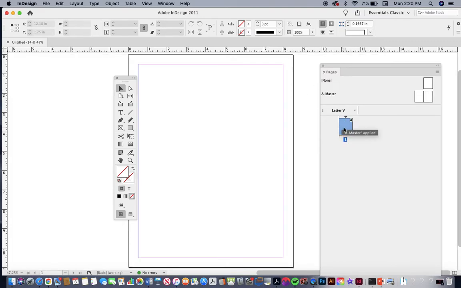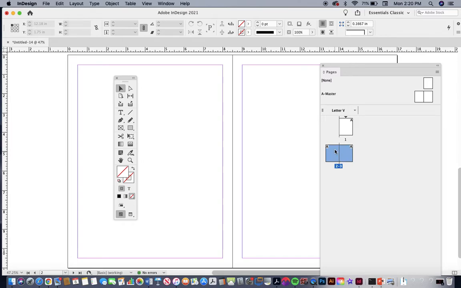Now, as I said, we want to make a magazine spread. So basically, I'm just going to drag A master down. So we have 2 and 3, and this is what we want. And we basically want to get rid of page 1, so we just have 2 and 3. So to do that,